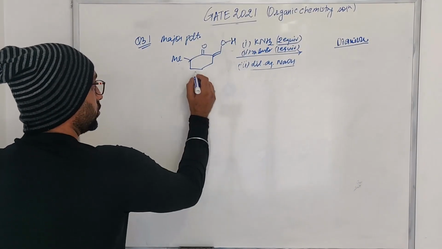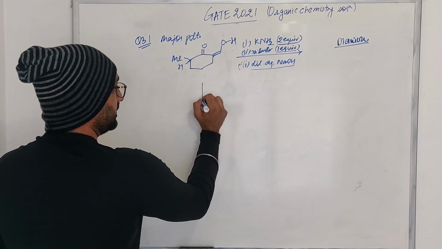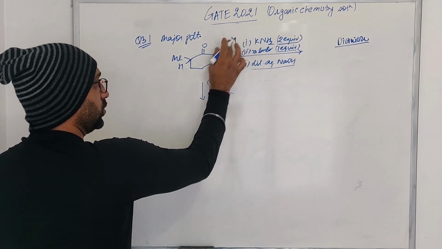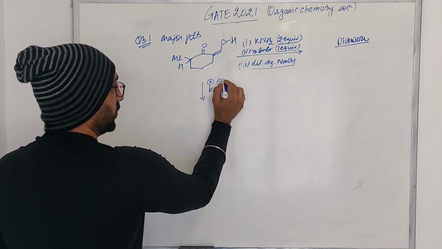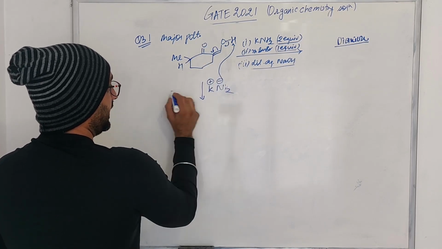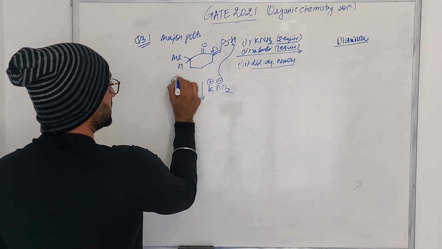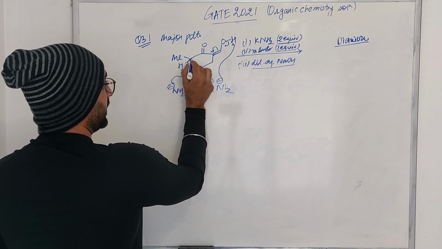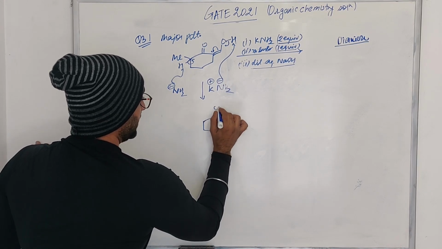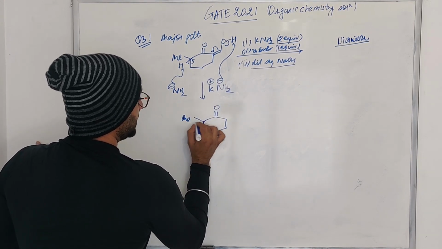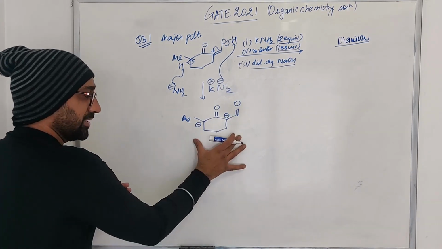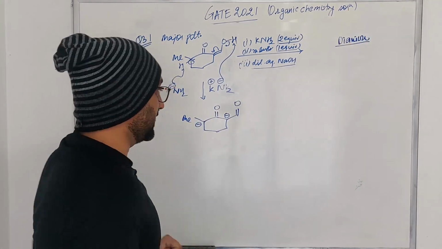So here, since you are using the two equivalents of potassium amide, that's what we are using, and we know that what we have is two acidic protons. Once this one, once this one. So what is happening when this abstracts this proton? And here the other equivalent is going to abstract this particular proton. So what you generate is basically this carbanion, and you have this carbanion. So this is the dianion that you are generating in this particular reaction.